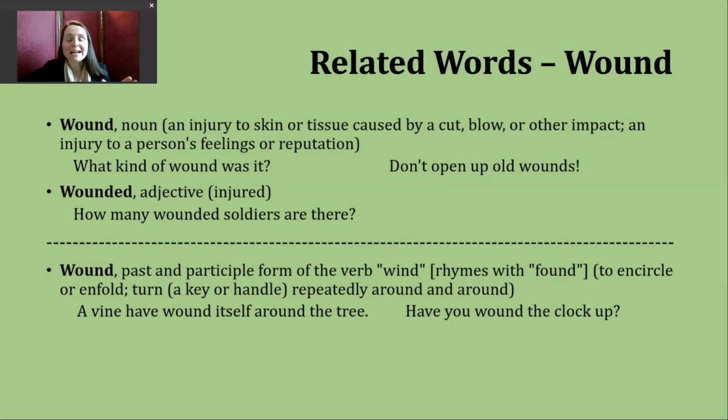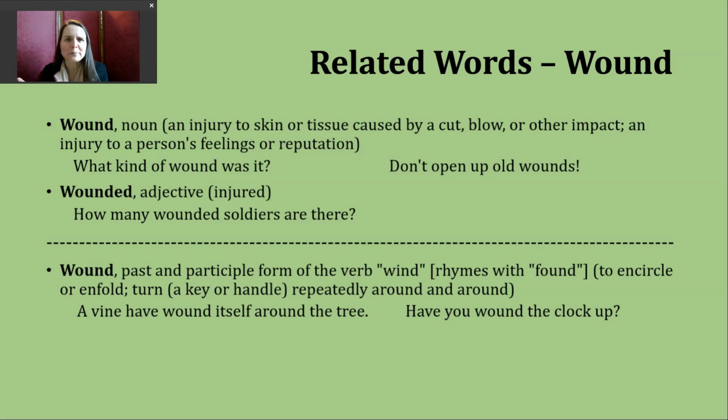Okay, so sometimes as you're reading, you might see W-O-U-N-D, right? And have to kind of think, wait, what is the right context here? And so you'll look at the words around it to better understand it. There are a couple different ways to use this particular verb. I just made notes about two that I thought might be common for you to hear or see. The first way to use wound would be to refer to encircling or enfolding something. So an example of that,